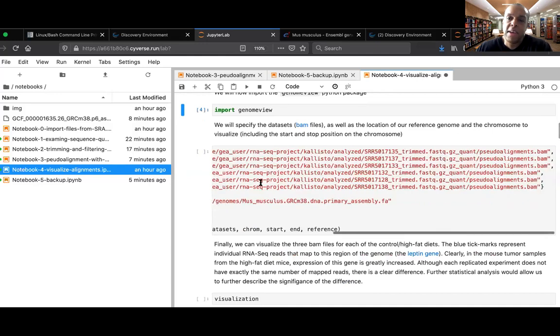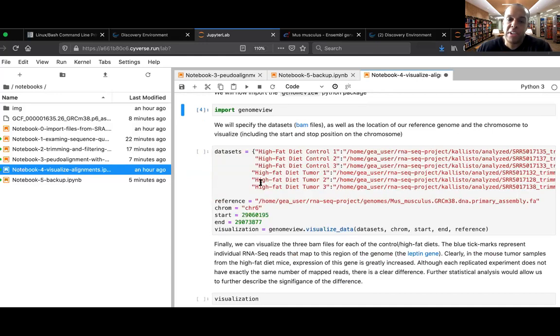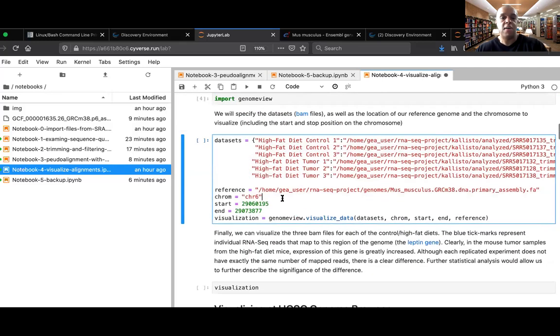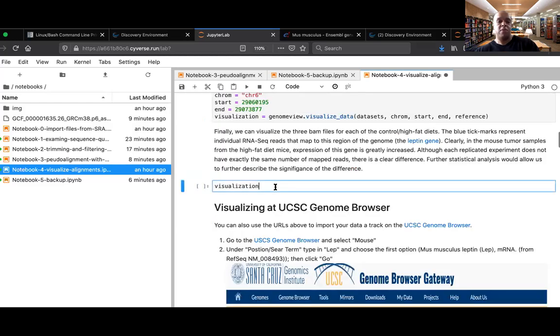What we're doing is we're telling this Python software called Genome View that these are the data sets that we want to visualize, and we're picking a particular location on chromosome 6, which happens to be the location of the leptin gene. So if I run this, and then run this thing called visualization, as I recall, we get a minor warning,